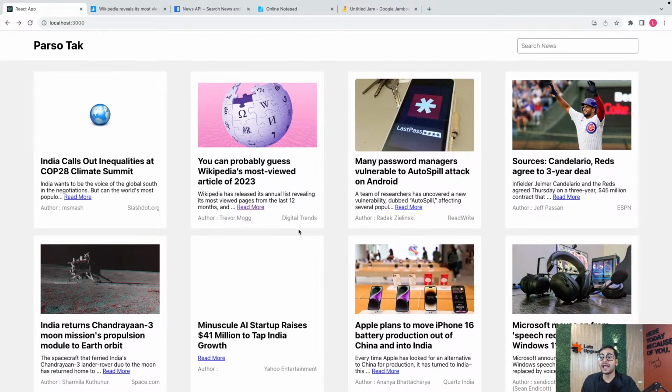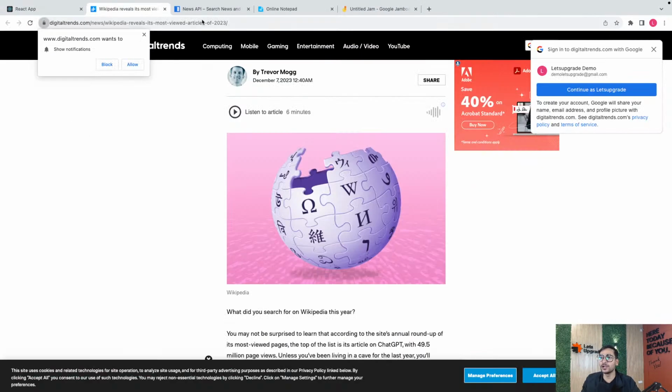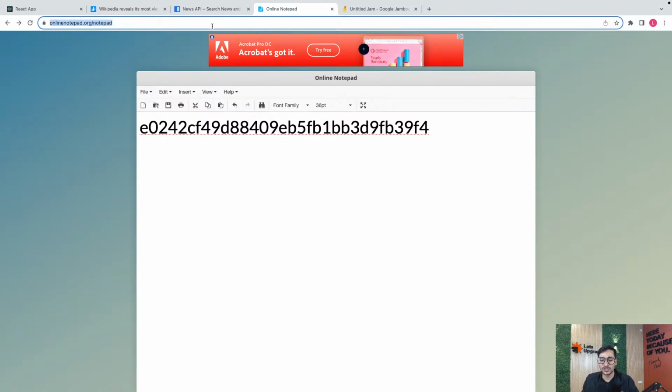Hopefully. And yes, for all the images that are not coming, I'll show you what to do. Don't worry. You can download something like a random image. Sometimes the news sites put their logo, normally wherever you don't get the image. But for us, you can get a random image. So, something like, what should we get, guys? Normally, we don't have a logo now. So what can we do?